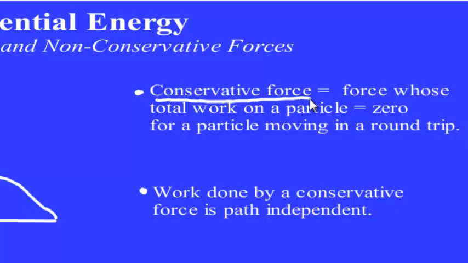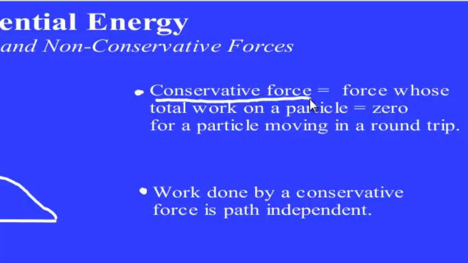You push a box, and say you're pushing the box to the right. You do positive work, pushing the box to the right, and then you turn around and push the box to the left. You're doing positive work again. So the total work that you do on the box is positive, not 0. So the work that you do is an example of a non-conservative force. The work of friction is an example of a non-conservative force,